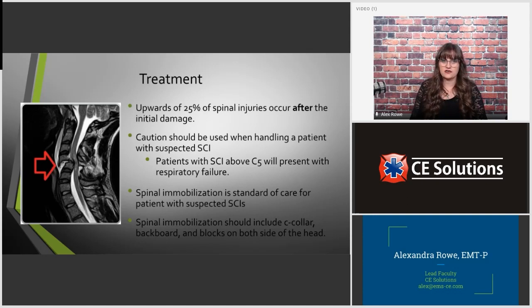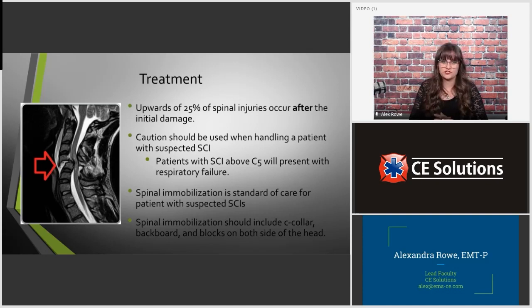Spinal immobilization is standard of care for patients with suspected spinal cord injuries. Again, think about, what are your protocols in your area? Do you use a backboard? Do you not? I know a lot of people are like, can you walk? Walk to my stretcher. But if you suspect a spinal cord injury, that's the best thing you could probably do until you get to the hospital, is get them on a backboard,